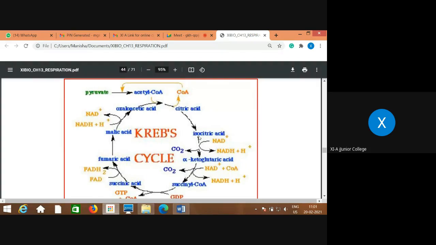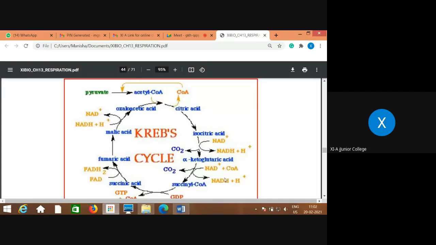Then here again one step is not shown, that of oxalosuccinic acid, where first NADH2 is formed, and then the first decarboxylation takes place. Decarboxylation means removal of carbon in the form of CO2. This is the first decarboxylation and first dehydrogenation, where this hydrogen gets attached to NAD to form NADH2. So this is the first NADH2 formed. Then immediately the second decarboxylation, that is, this 6-carbon compound to 5-carbon compound, 5 to 4-carbon compound with the second decarboxylation. Here again second dehydrogenation, so this is also called oxidative decarboxylation. So this is the second NADH2 formed.